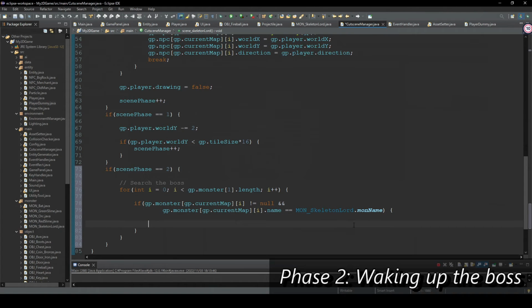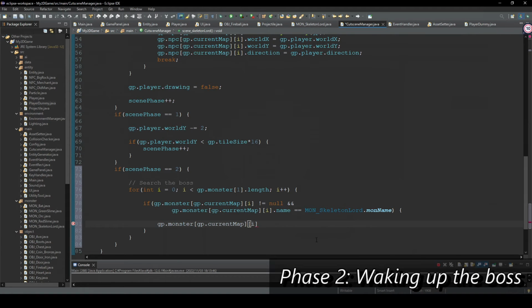Yeah, so we can find him by using the static name, and here we change his sleep state. That sleep equal false. Also, we want to let him speak in the next phase, so we pass him to the NPC